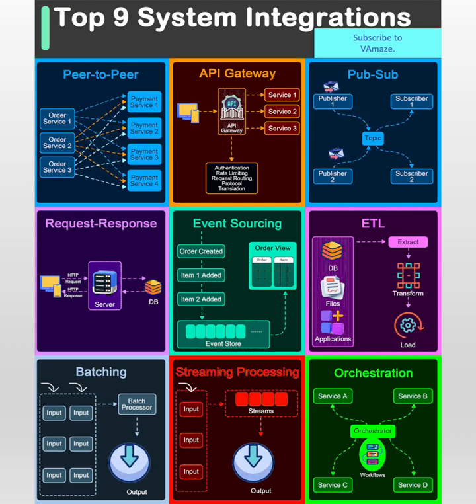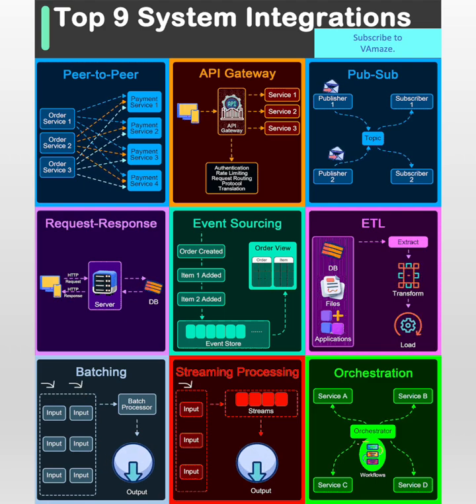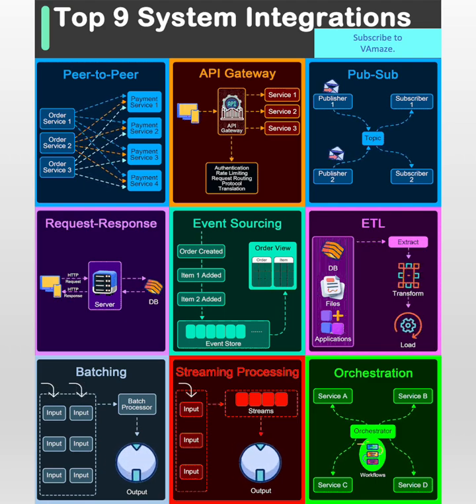8. Batching, the efficiency optimizer. Processing at scale: batching addresses the challenge of processing large volumes of data or operations efficiently. Instead of handling requests individually, the system collects multiple operations and processes them as a group. The accumulation and processing cycle: requests or data items are collected over a specific time period or until a certain volume threshold is reached. Once the batch criteria are met, all accumulated items are processed together, often leveraging economies of